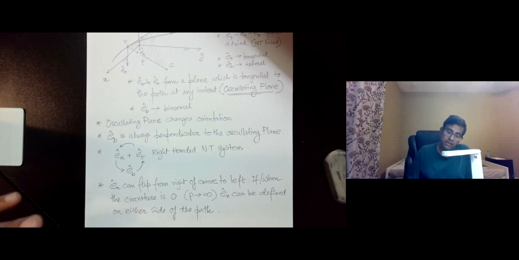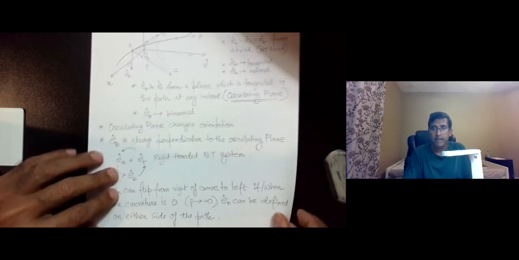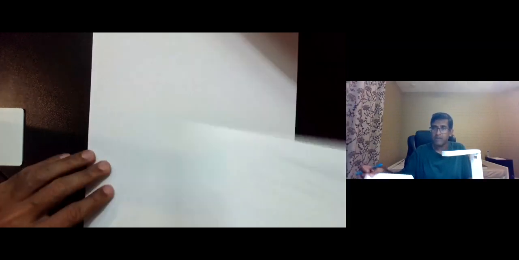Okay, so in that case, En can be defined on either side, and let me just show that with a very simple